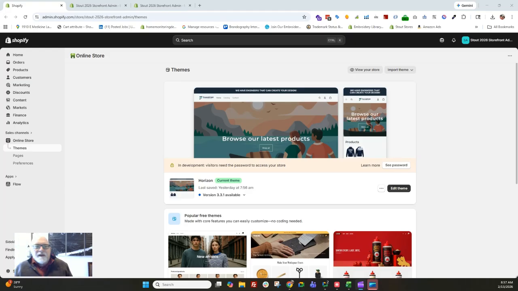And today we're talking about a couple things. We're going to apply some branding to your header. Now the header is on every page. It's usually all the same. The only place that the header changes is in the checkout, and we'll be talking about the checkout at another